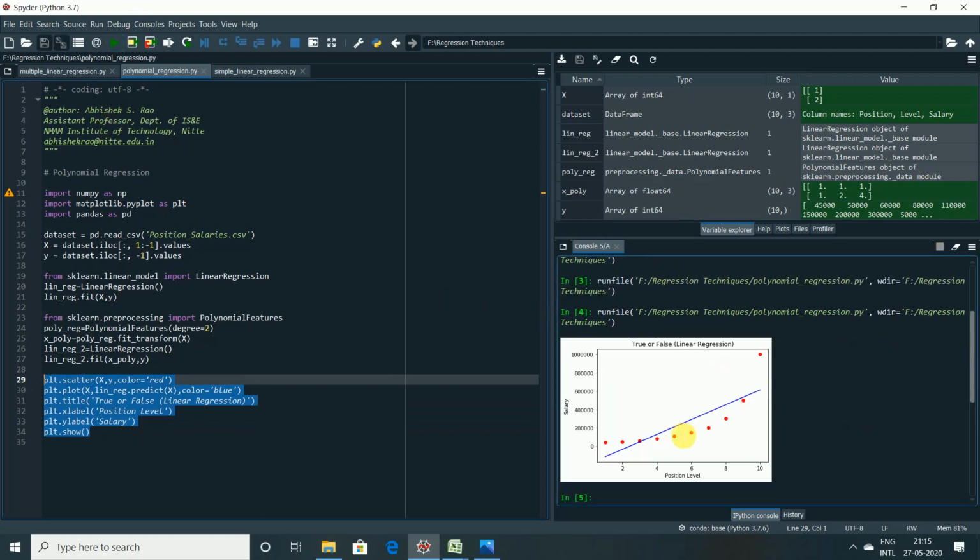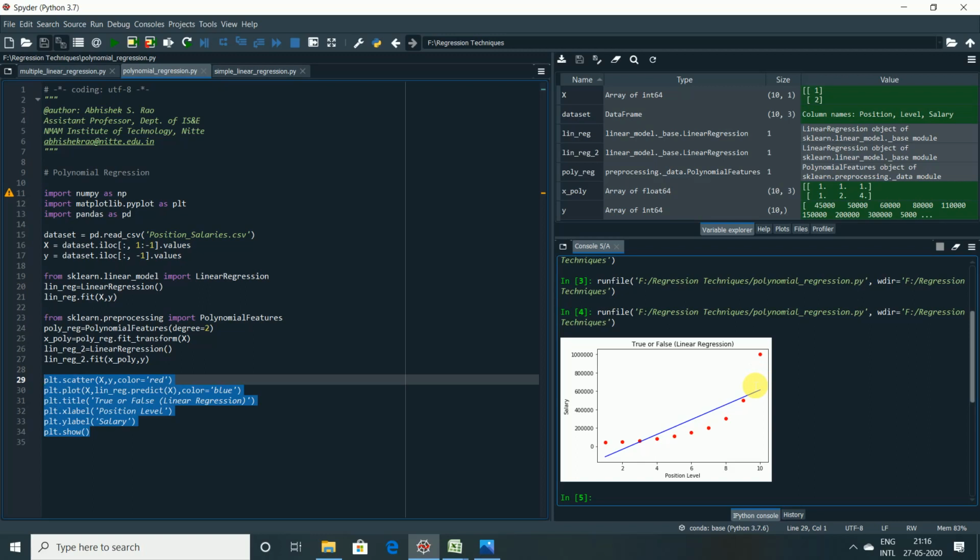It's very clearly self-explanatory, because you can see that these are the scattered plots, and this is the best fit line it has drawn, except for two observations. You can say the rest of the points are very far from the fit line. That means the linear regression model is not well adapted to the non-linear data in the data set.